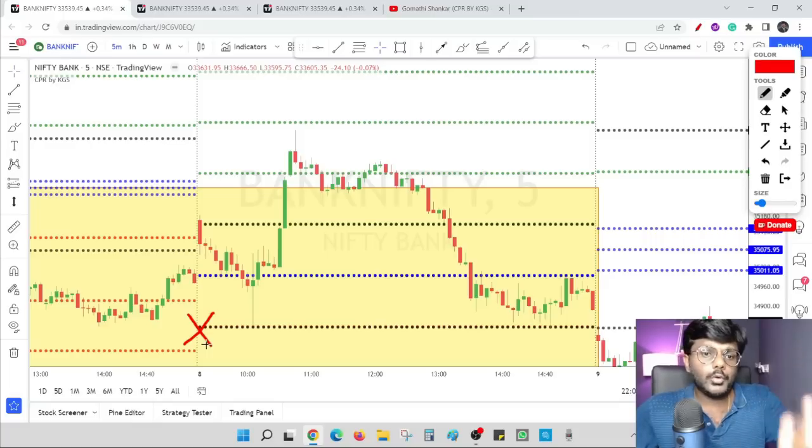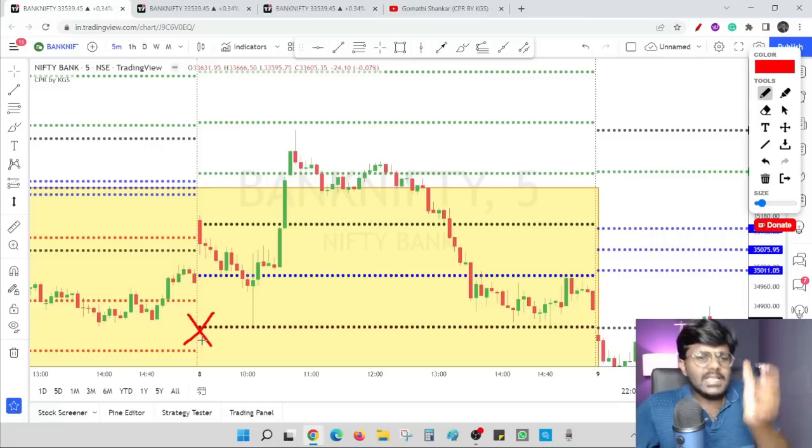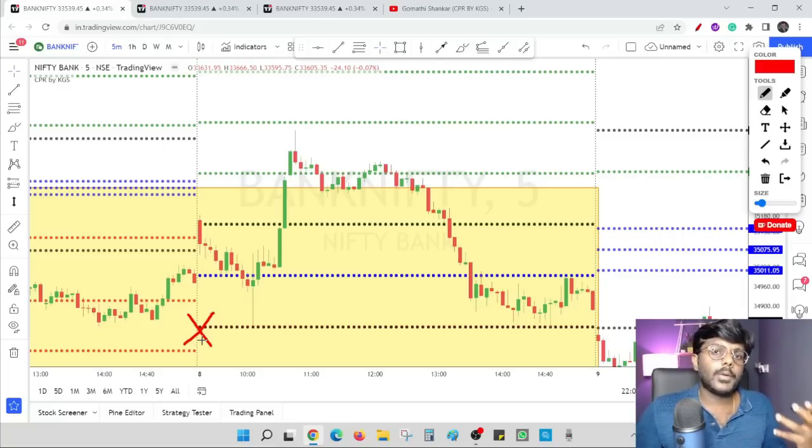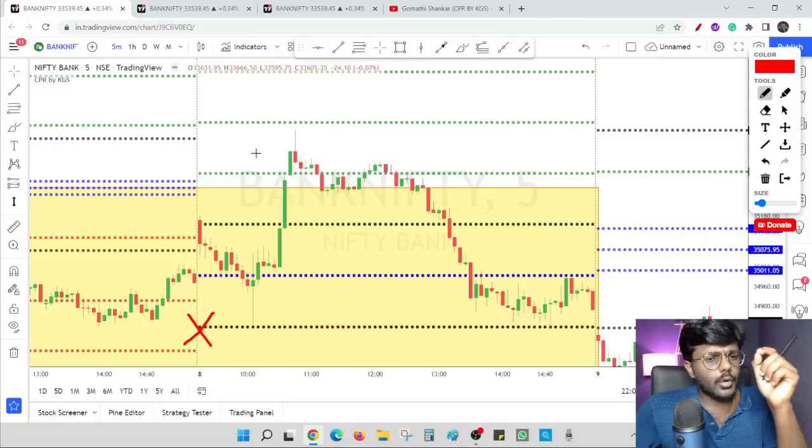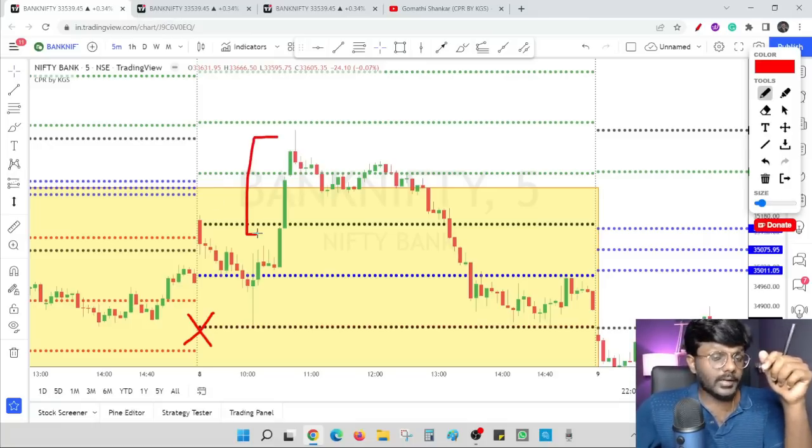Sometimes I am unable to resist taking a long position. Looking at these huge bull candles, we are tempted to take a long position, right? In that case, I will deploy only 20% of my capital. Let's say my capital is 1 lakh rupees, then I will deploy only 20,000 to 25,000 in this particular trade. If the setup is a high probable trade, then I will be happy to deploy 50 to 70% of my capital. I will advise beginners and retail traders to avoid these kinds of sudden rallies, because it will be a trap, and you can clearly see the market started to come down.